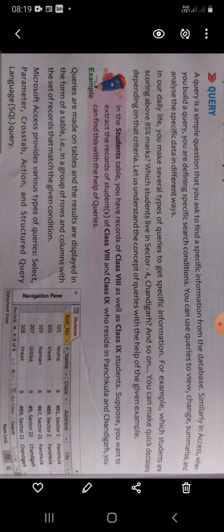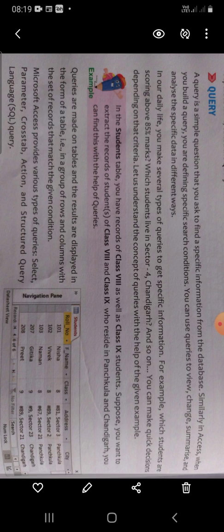Let us understand the concept of queries with the help of the given example in the book. Just look at the table, figure 3.1, students table. We have records of class 8 as well as class 9 students.